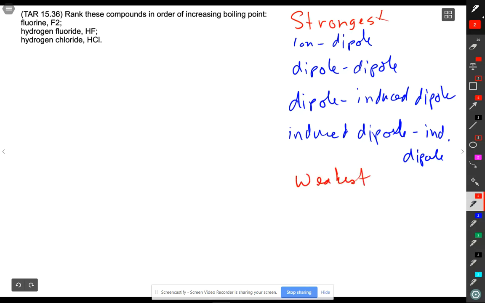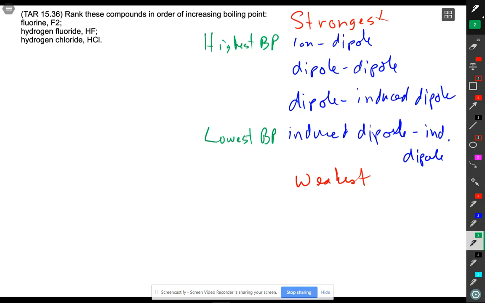How is the boiling temperature, boiling point, going to relate with these bonds? The strongest bond has what? The highest or lowest boiling point? So this would be the highest boiling point, and this would be the lowest boiling point. So we just need to look at these molecules and determine which ones are going to have a stronger force between them. Now, if you look at the first one, fluorine, F2,